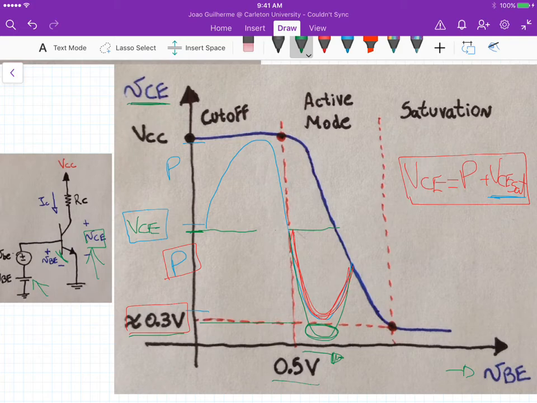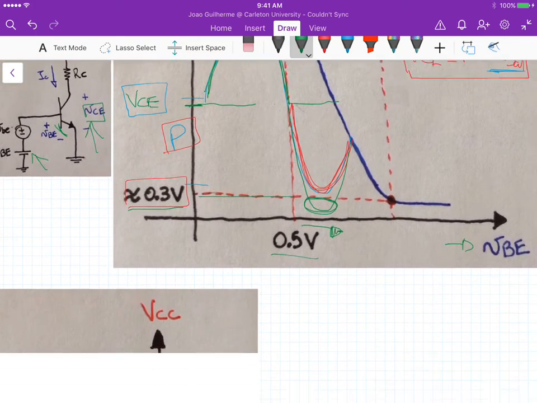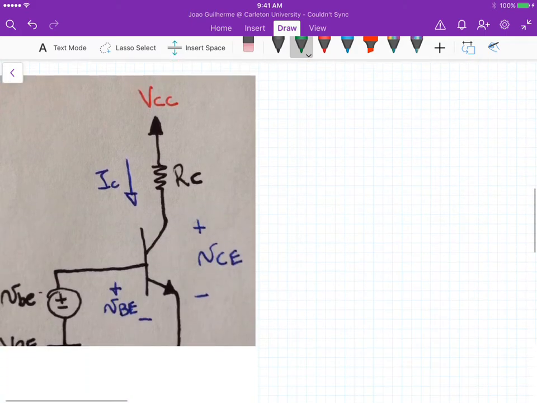Now, if you look at VCC here, we also must be able to represent this P here, right? So if we go back to the amplifying equation,